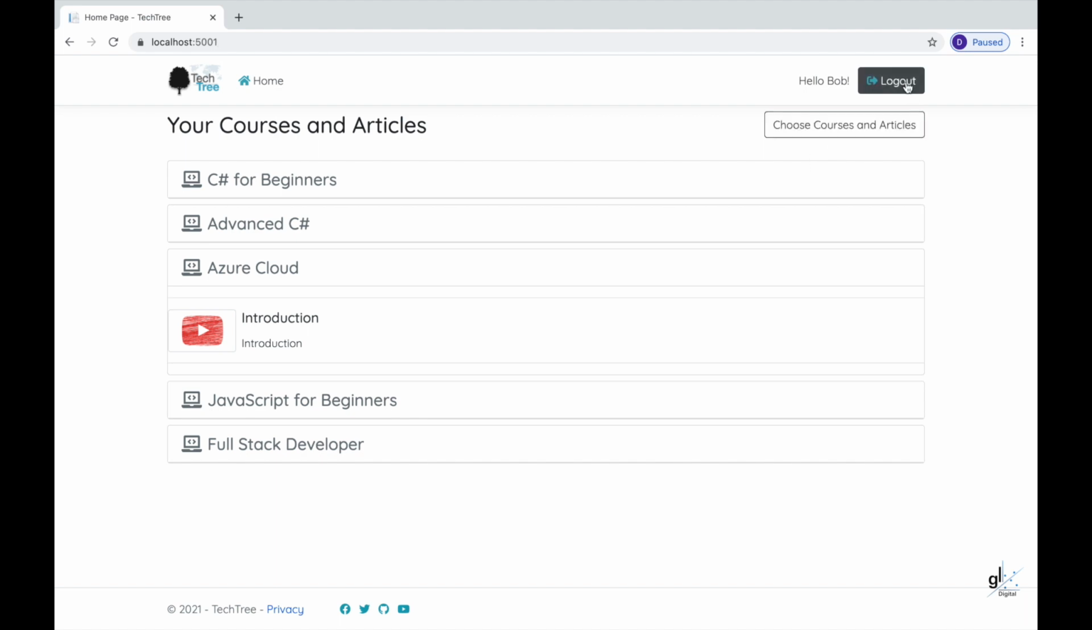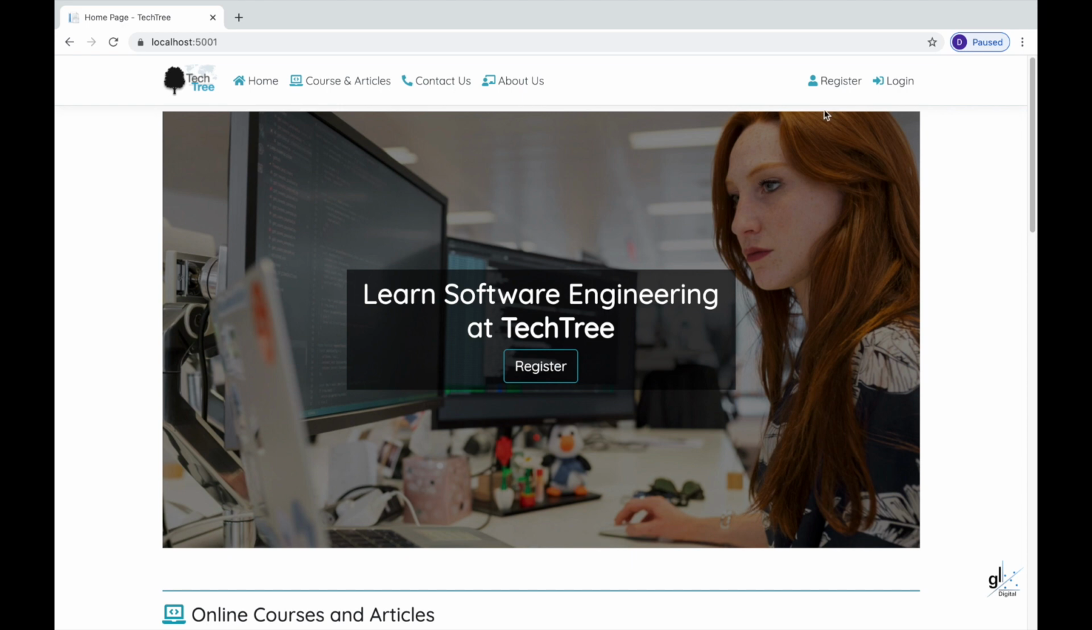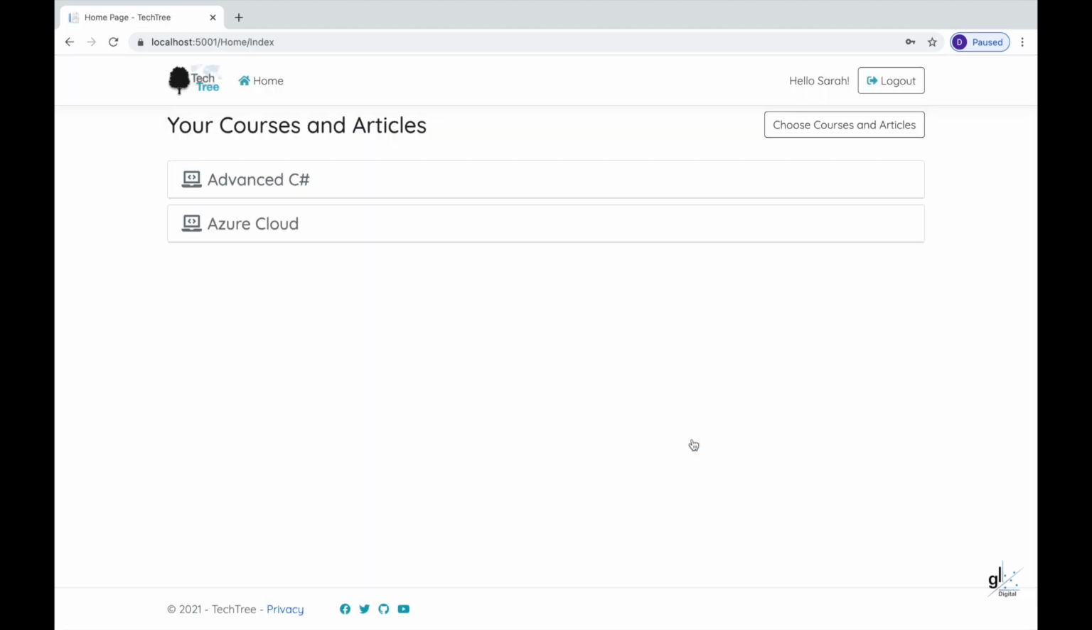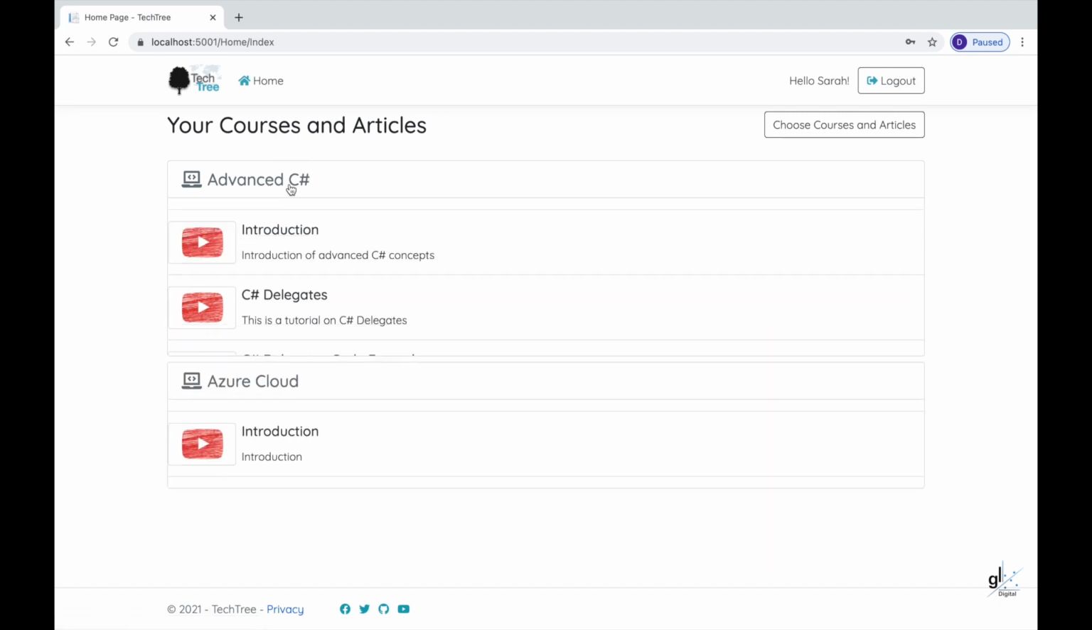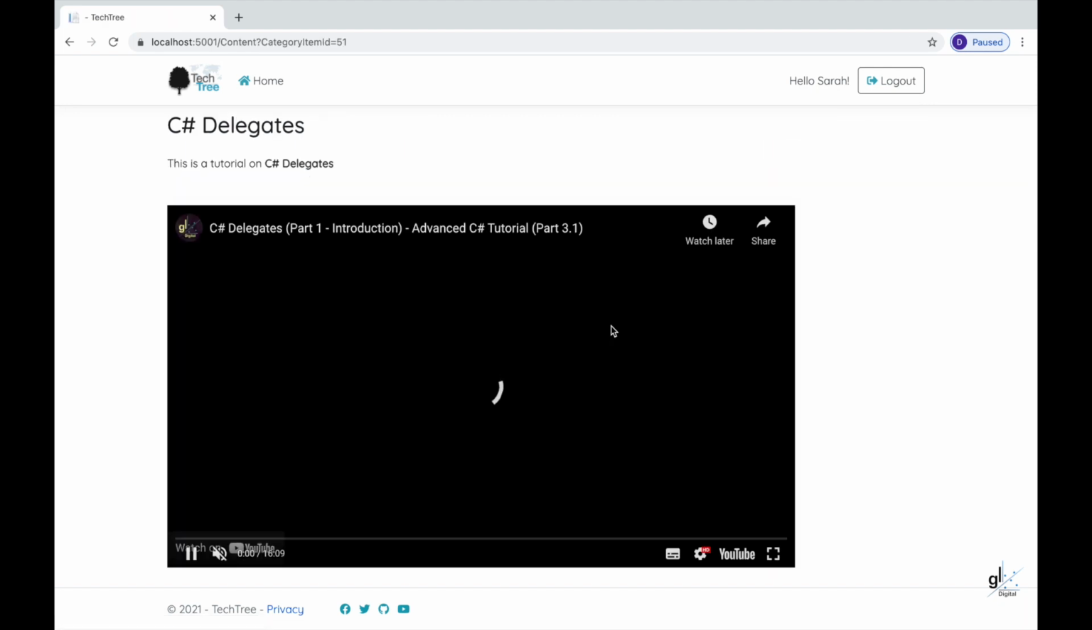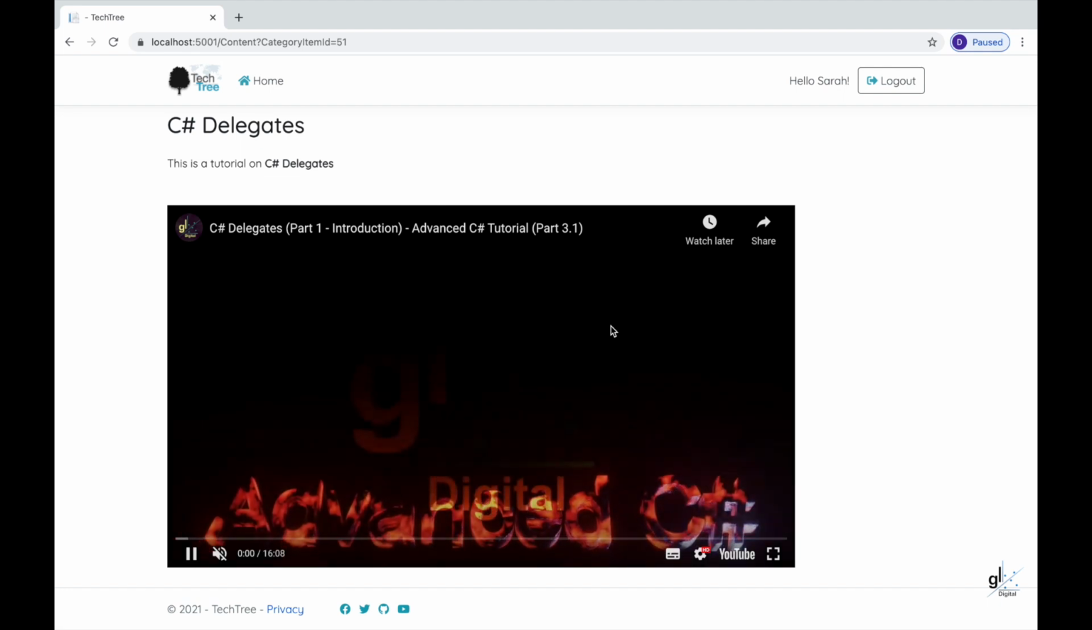Let's log out of the application and log in as Sarah Hardy. You can see that the C# for Beginners category is no longer available on Sarah's home page, and the Advanced C# category is now available on Sarah's home page. This is because the administrator removed the C# for Beginners category from Sarah's profile and added the Advanced C# category